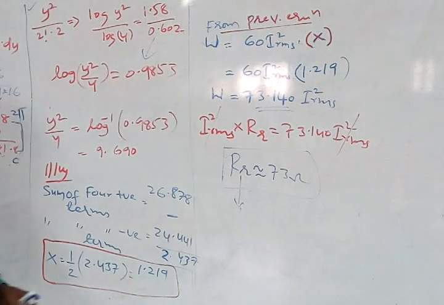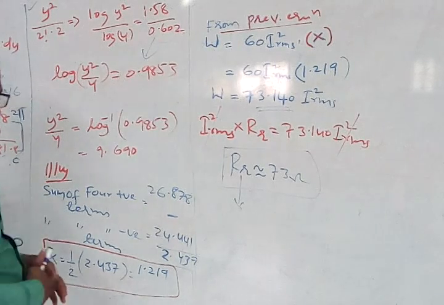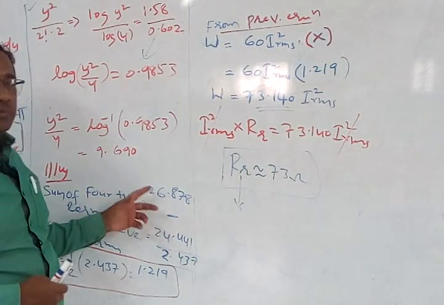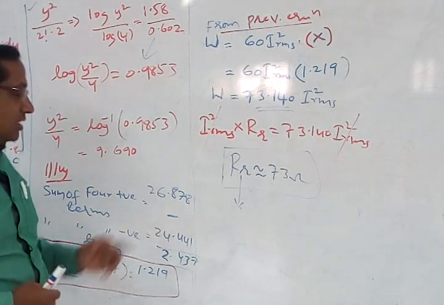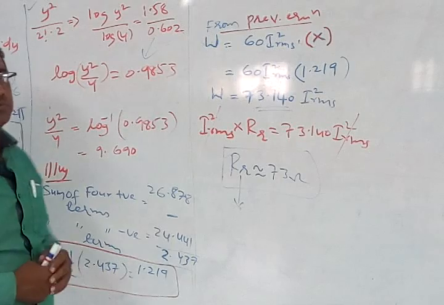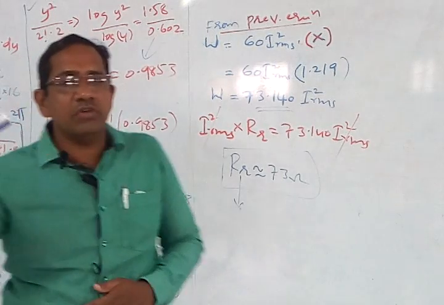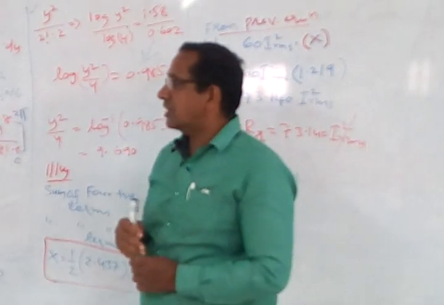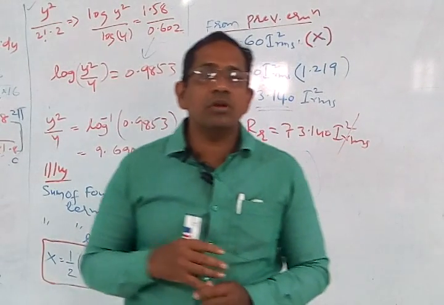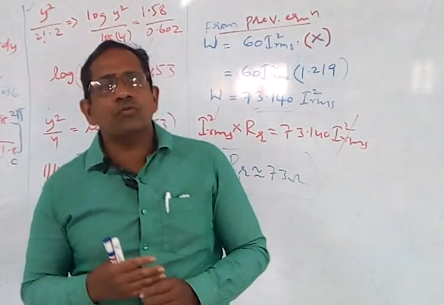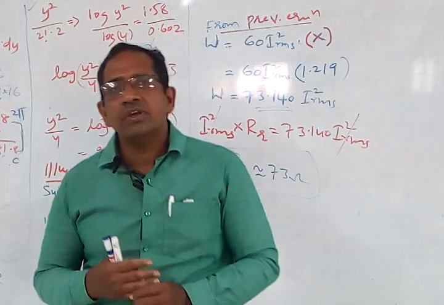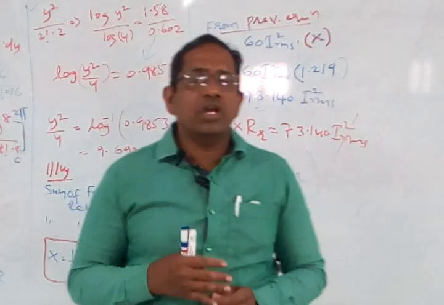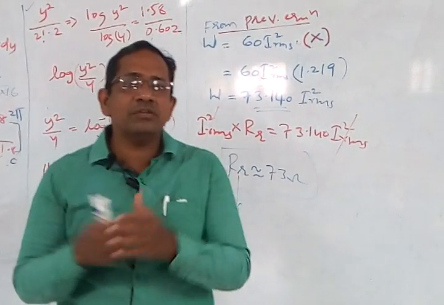After computing the sum of 4 positive terms and the sum of 4 negative terms, what will we be doing now? We are going to simply subtract the negative terms from the positive terms. Because we have got an equation where we have something like 1 minus y square by 2 factorial minus y to the power 4 by 4 factorial into 4 plus y to the power 6 by 6 factorial into 6 and so on. So there we have got minus terms as well as plus terms.